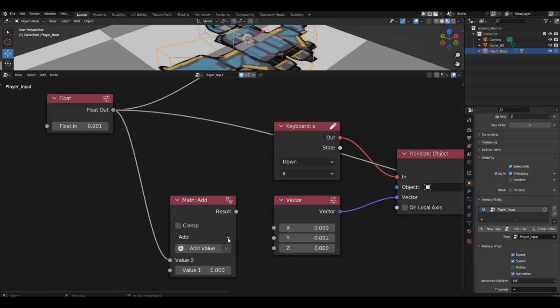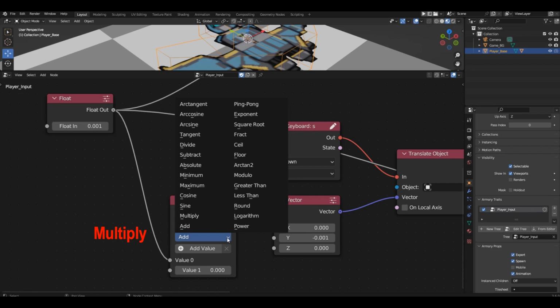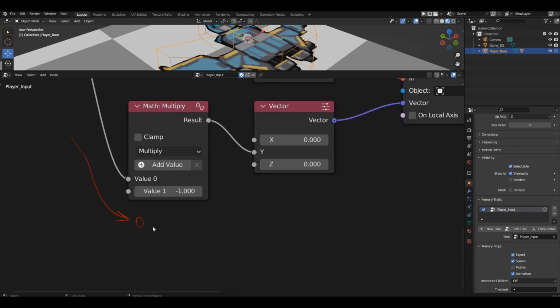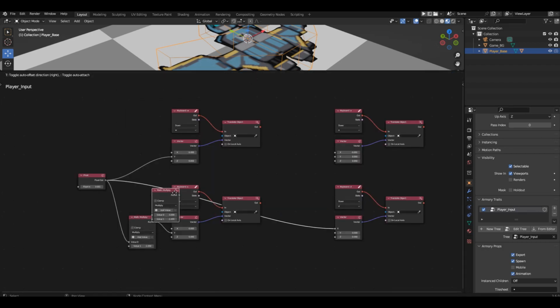Connect the speed to the first input and change the addition mode to multiplication. Enter -1 in the second value field. Now, this block will receive a value of 1000 from our first block, multiply it by -1, and pass the result onto the vector block. Copy this block and place it before the left movement vector.